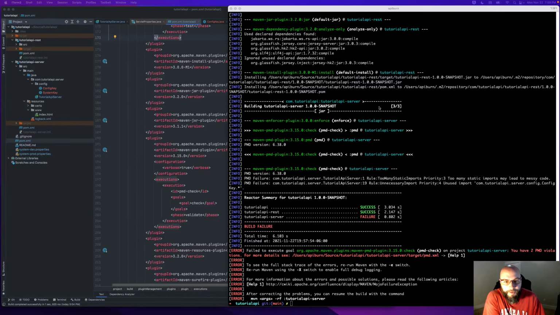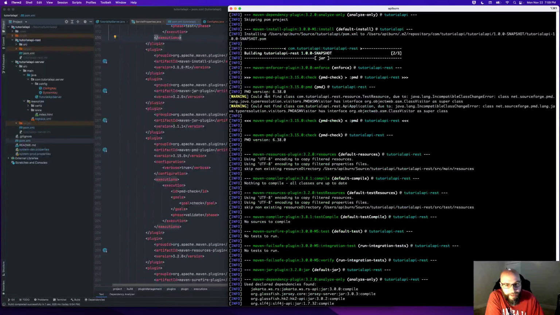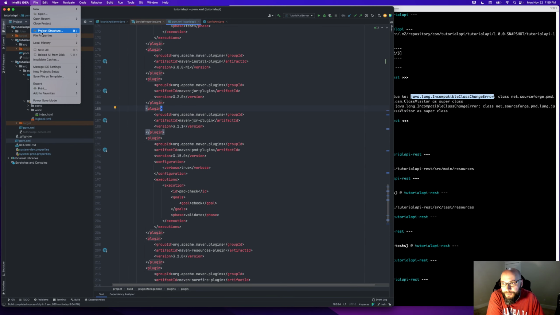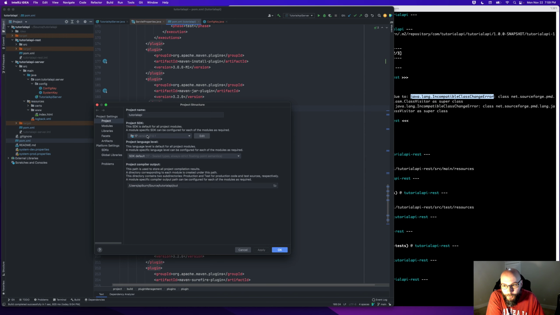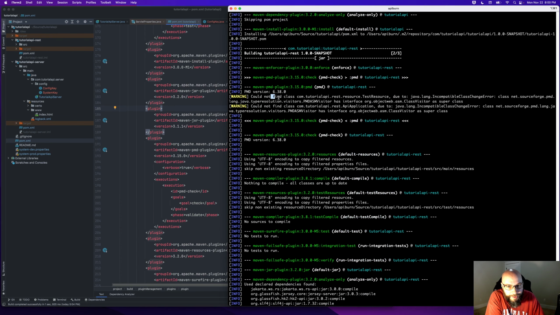Alright, welcome back. Continuing from where we left off. We left off with a few PMD errors here and some PMD issues with incompatible class change errors. I made a prediction that the problem had to do with IntelliJ's configuration not being set up for JDK version 17, which is not correct. I have 17 in both places where I want it. And so this isn't an IntelliJ related issue.